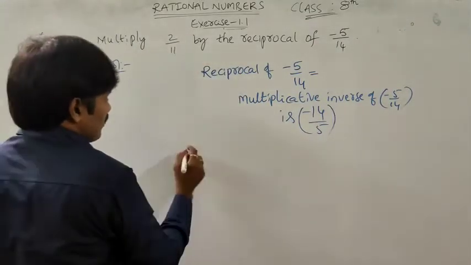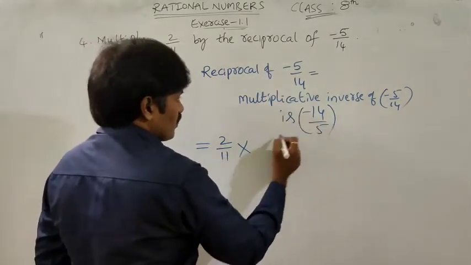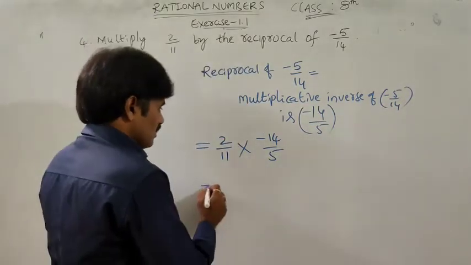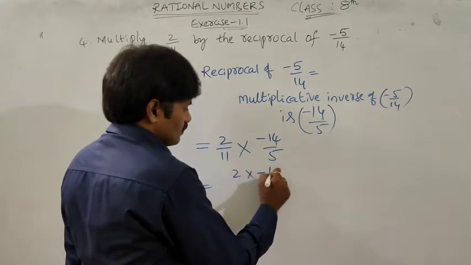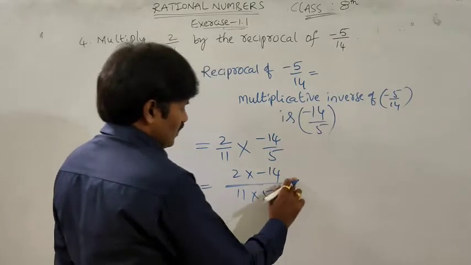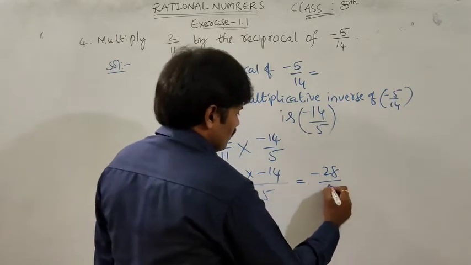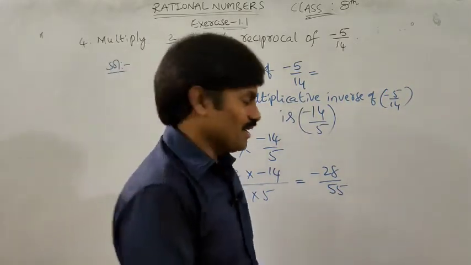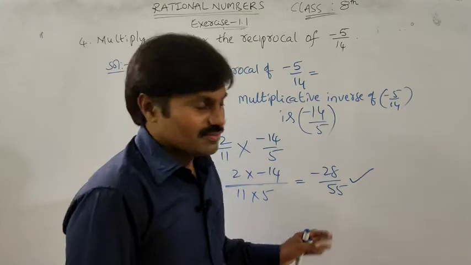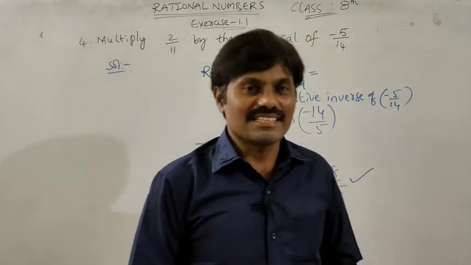So multiply 2 by 11. They asked to multiply 2 by 11 by the reciprocal of minus 5 by 14, that is minus 14 by 5. Now how do we multiply two rational numbers? Yes, 2 into minus 14 by 11 into 5. So 2 into minus 14 is minus 28, 11 into 5 is 55, so minus 28 by 55. Clear? So this is also a rational number. So the product of two rational numbers is a rational number. What do you call this property? Yes, this is an example for